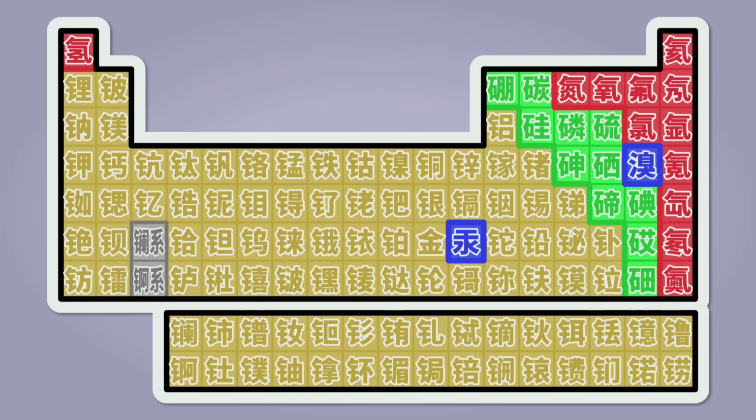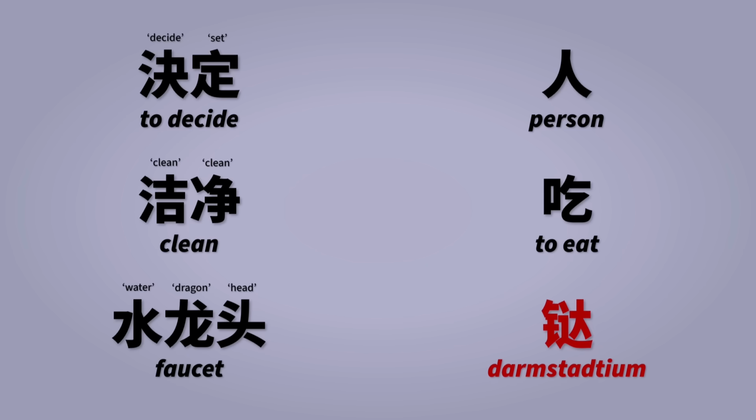Okay, for one thing, the fact that each element has its own character is pretty cool, but also quite unusual in the context of the entire language. Although the Chinese script features thousands of logographs, the vast majority of words are compounds, which combine 2 or more characters. Generally, only relatively basic concepts are expressed with single characters, and you're not going to tell me that Darmstadium is one of them. So these characters are quite unique, and as you can imagine, many of them are very